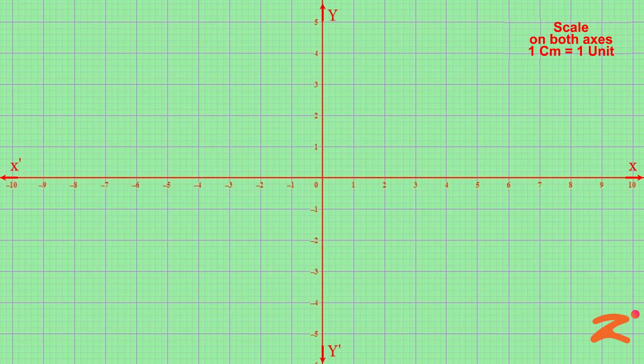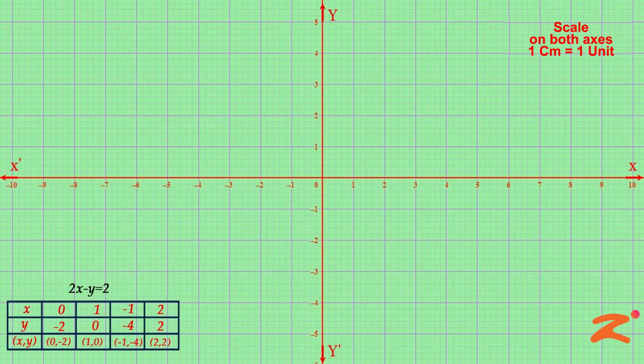Now let us start to draw the graph for the given equation. What is our equation? 2x minus y is equals to 2. These are the coordinates we have received that we are going to plot on the graph. See the first point. What is the first point? That is 0 and -2. The point on the x-axis which is 0. You can see this on the screen. Now see the -2 on the y-axis. It should be on the downward side. Now just circle that point, that is your point A, which indicates the coordinates 0 and -2.